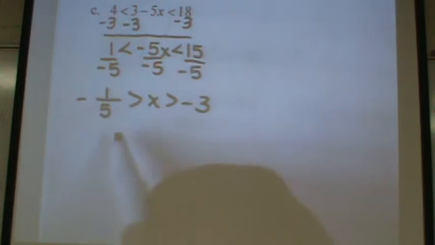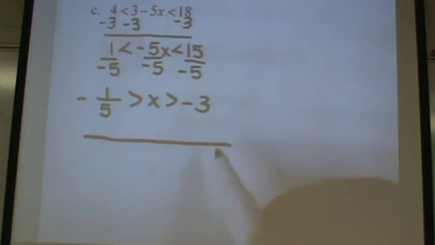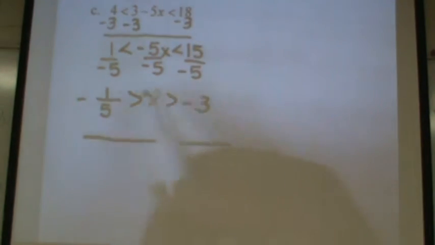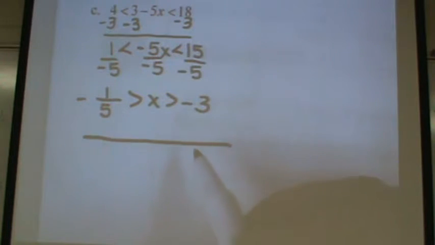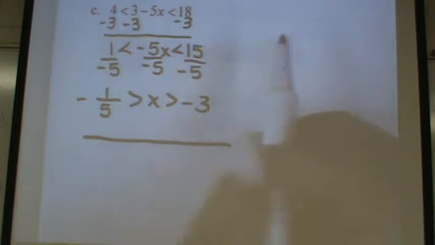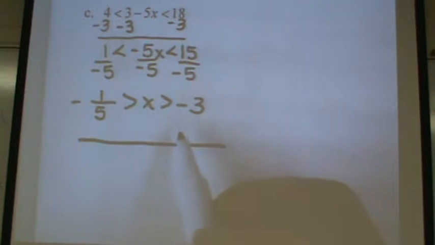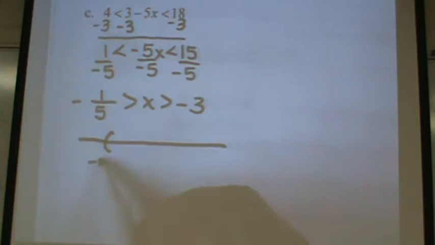How does this thing look when I graph it? Be careful, because sometimes the numbers are not in the right order. Negative 3 should be on this side. So watch your graph, make sure it's right. This is saying x is greater than negative 3 and it's less than negative 1/5. So it's between negative 3